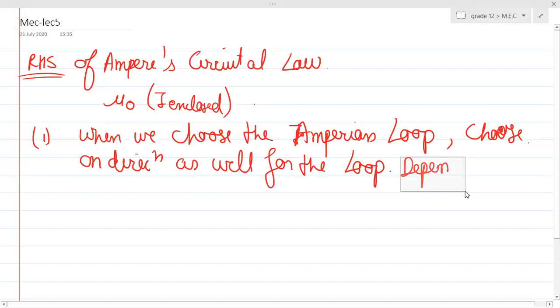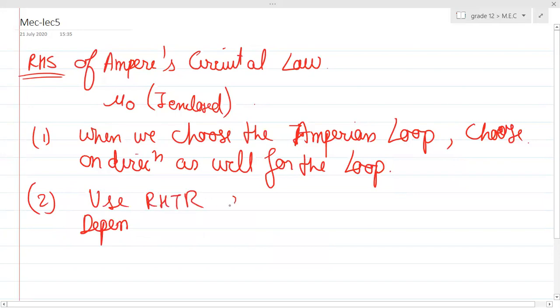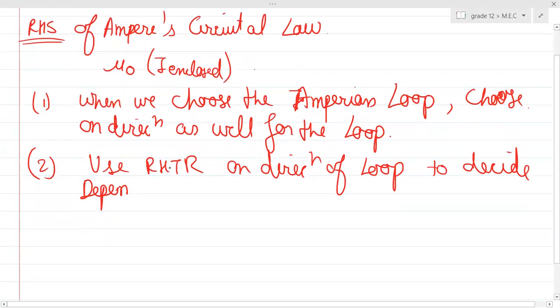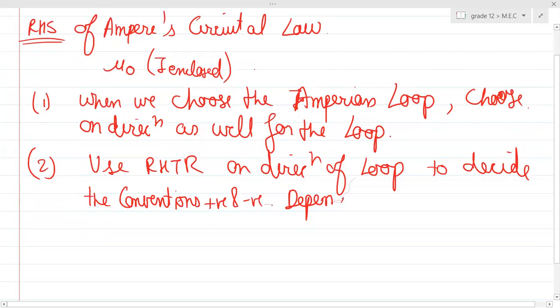And then once you are done with that, use the right hand thumb rule, and depending on these conventions,